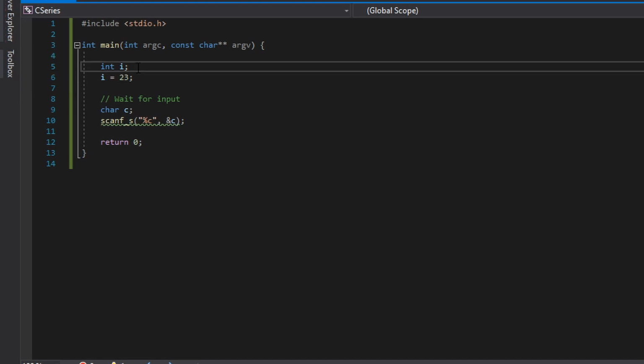Another way to do that is if you are on a particular line and you just want to insert a breakpoint without actually having to go over here and hunt and click that, you can just press F9 and it'll actually add and remove a breakpoint as you press it, right? And so that's what we're going to do. And so now when we press F5,